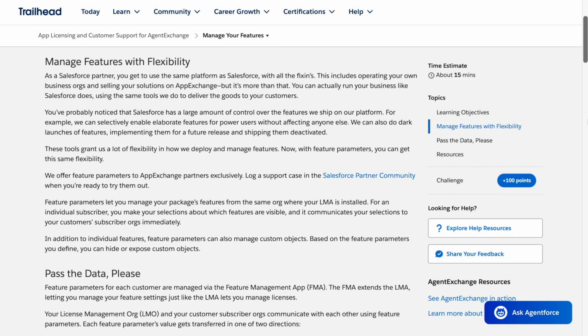Manage features with flexibility. As a Salesforce partner, you get to use the same platform as Salesforce with all the fixins. This includes operating your own business orgs and selling your solutions on AgentExchange, but it's more than that. You can actually run your business like Salesforce does, using the same tools we do to deliver the goods to your customers. You've probably noticed that Salesforce has a large amount of control over the features we ship on our